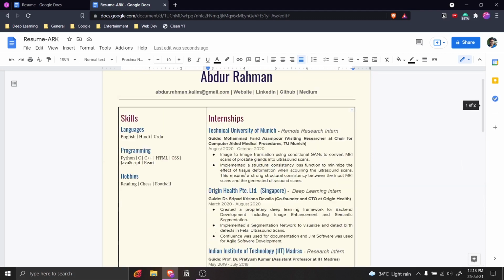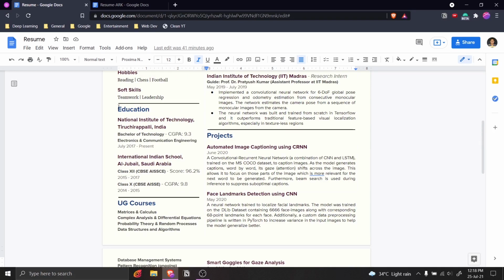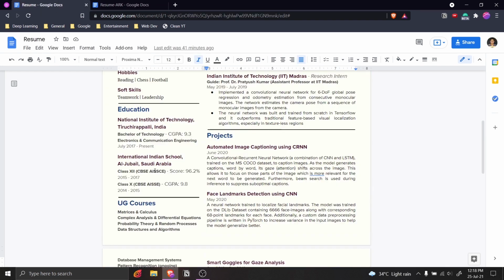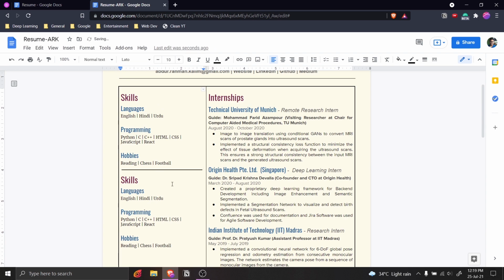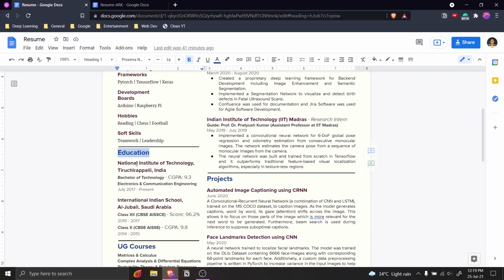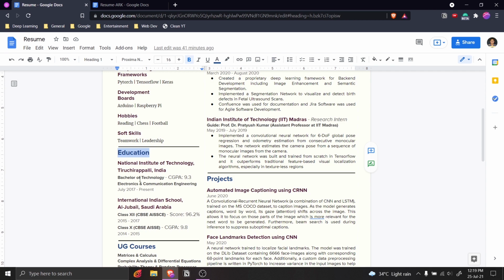So let's go ahead and complete the rest of the left side. So after that you have education, which the process is going to be very straightforward for anything coming up next. So you just have to copy this and paste, and in between you just have to take this line, the horizontal line, and just paste that here to create the border, and rename skills to education, and yep, that is pretty much it.